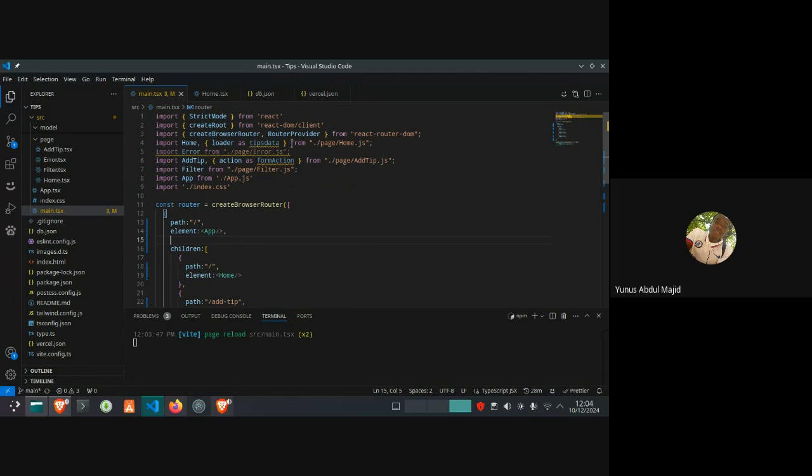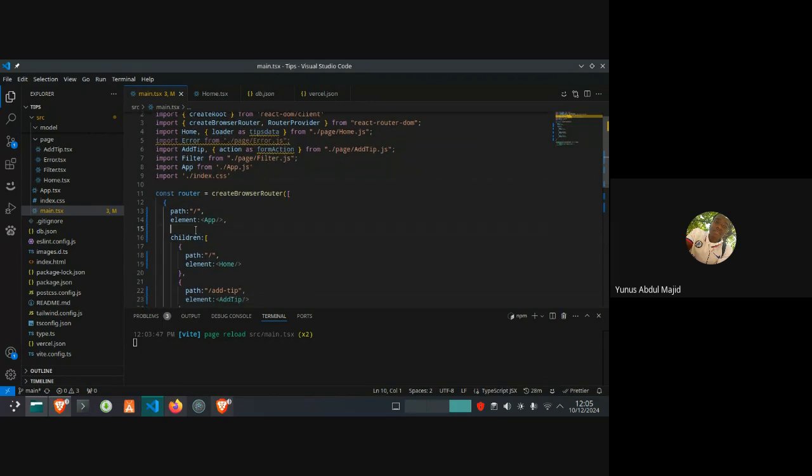On line 4, I import the loader, then I change the name. I changed the name specifically because while working on this, I think the approach was to handle the call data on different routes, but I guess I didn't later do that. Sometimes along the road while working, you might change the functionality, because you might figure out that some things are unnecessary. I hope you guys know what this "as" does. Basically it just changes the name of the loader, but it will still be the same thing.